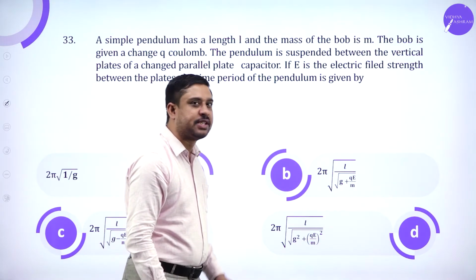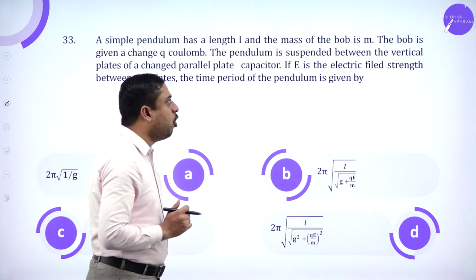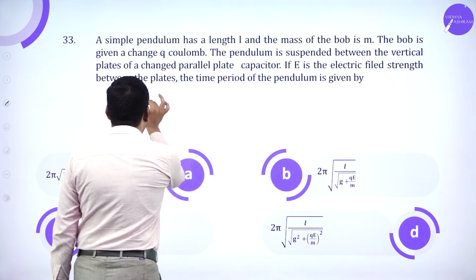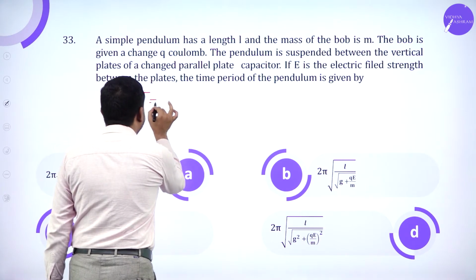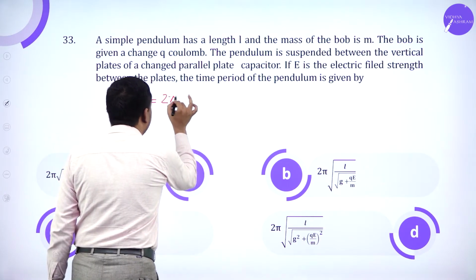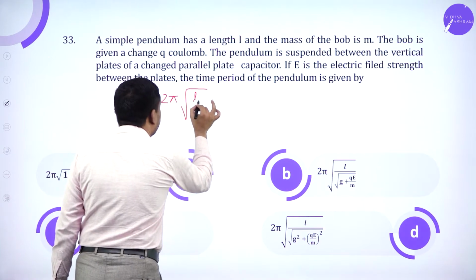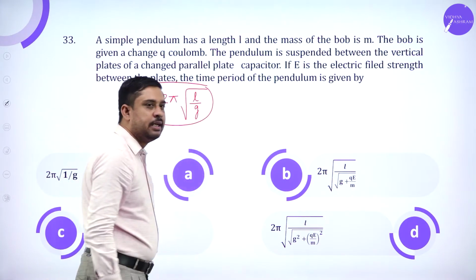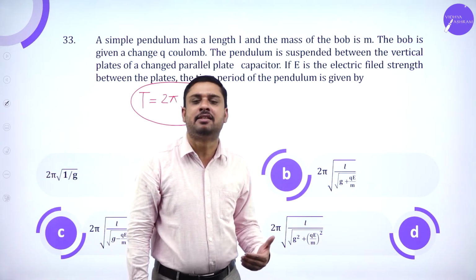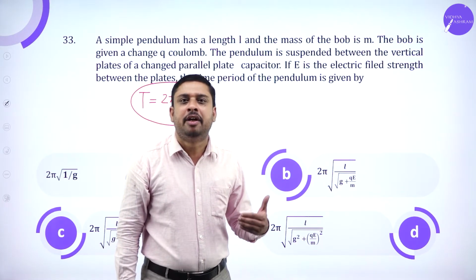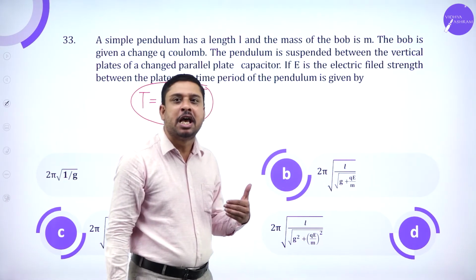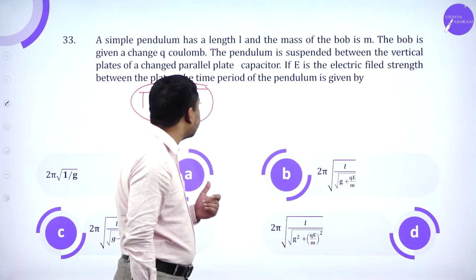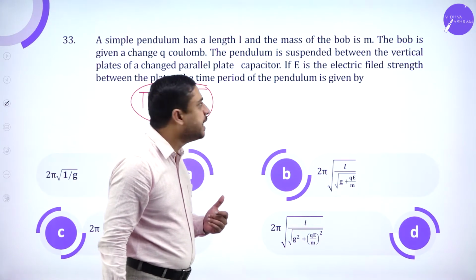This is interesting now. So we know the time period of a simple pendulum T equals 2 pi root of L by G. This is an established result. Time period of oscillations of a simple pendulum T is 2 pi root L by G. Now,